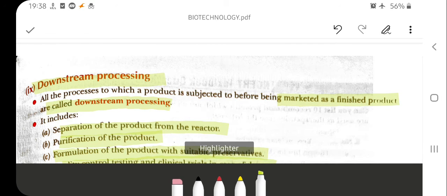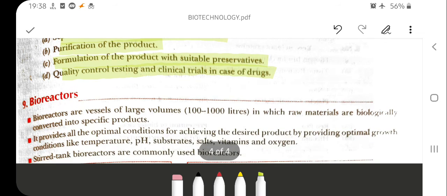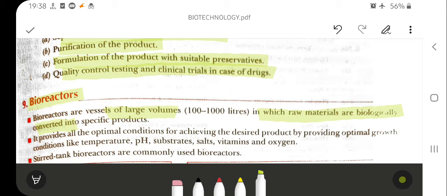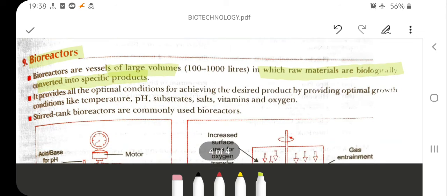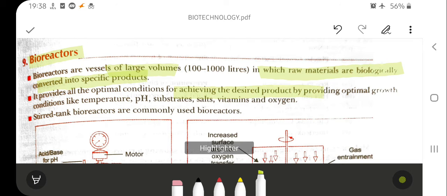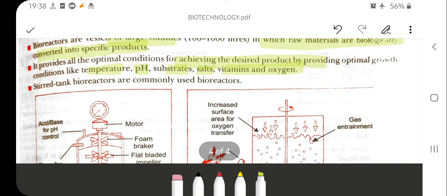There is one more topic to be discussed, that is about the bioreactors. So what are bioreactors? They are vessels of large volume in which raw materials are biologically converted into a specific product. They provide all the optimum conditions for achieving the desired product, such as temperature, pH, substrate, salts, vitamins and oxygen. A very commonly used bioreactor is the stirred tank bioreactor,